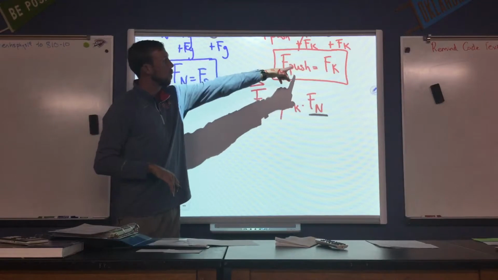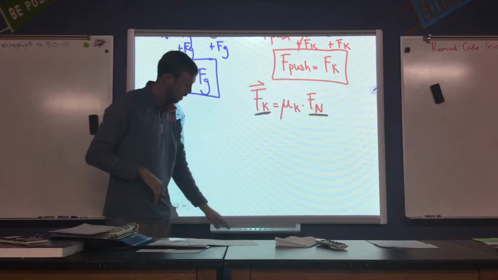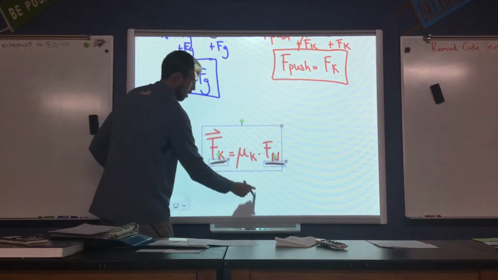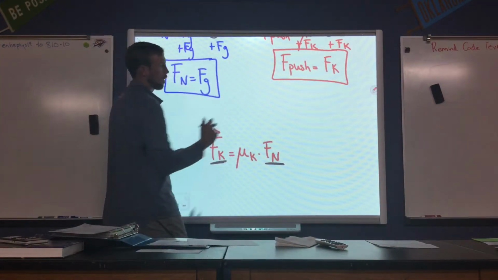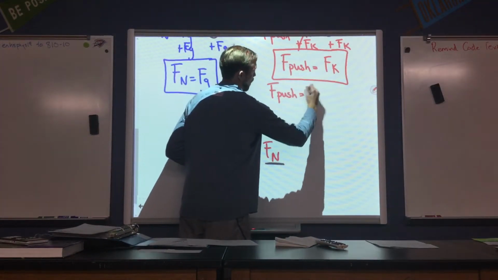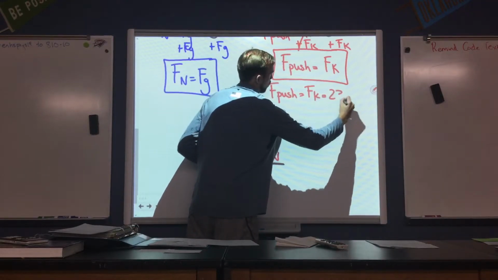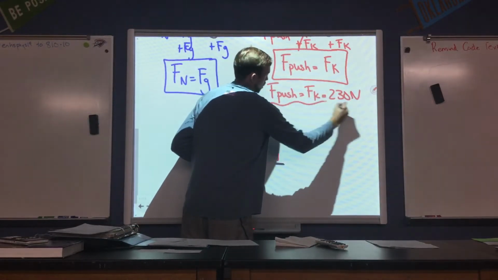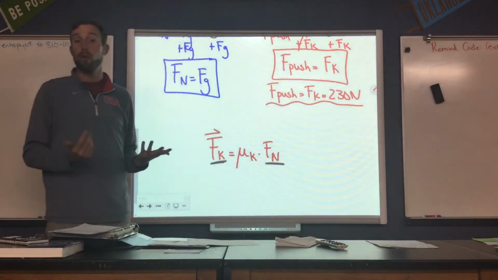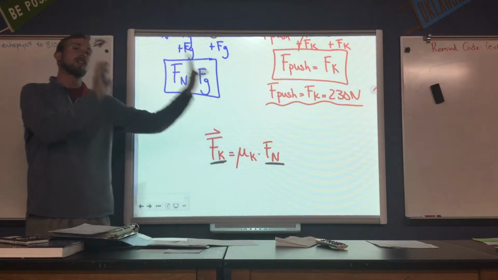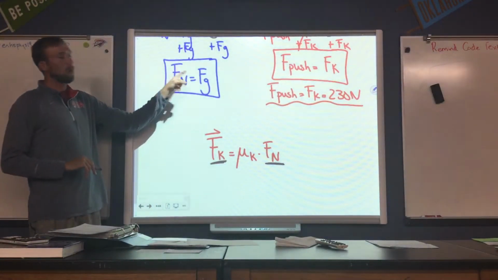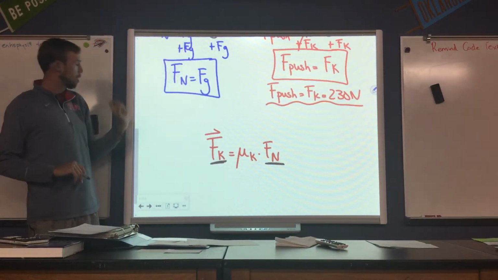Now, Fk, we already determined that it's equal to F push. And we actually know what F push is. I'm going to move this down here. We know F push is 230 newtons. So that means F push equals Fk, which is equal to 230. So, X marks the spot, there we go. We know what our kinetic frictional force is here, because it's equal to our push force, because we're at a constant velocity. Now Fn, we know is equal to Fg, because of what we've done with Newton's second law in